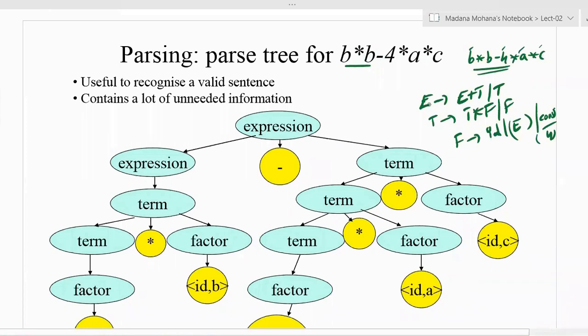Generally, while constructing a derivation tree or parse tree, we take the starting variable as the root. E is the root. E means expression. Now what does E contain? Here E contains E plus T, or E minus T also. Which is required here? You can see in this string plus is not there, so compulsorily you have to take the minus combination, that is E minus T. Therefore E's left child is E, the middle one is minus, and the right child is T. So this is nothing but E minus T.